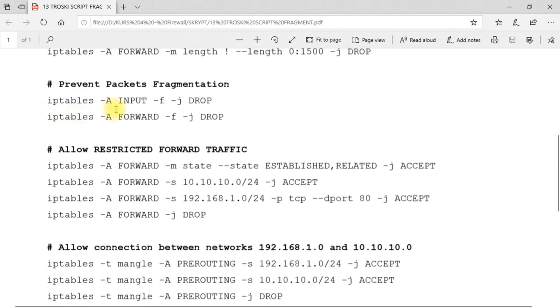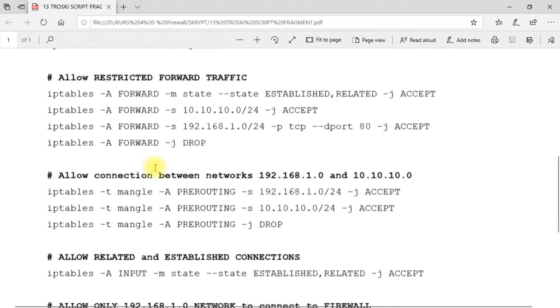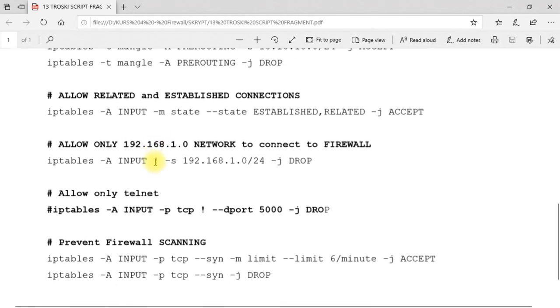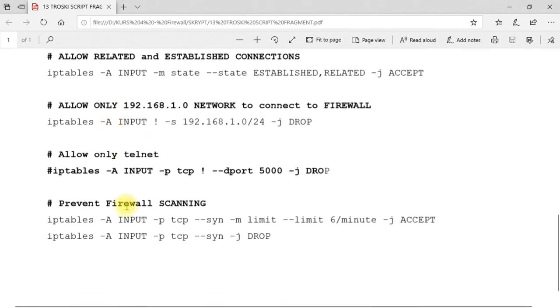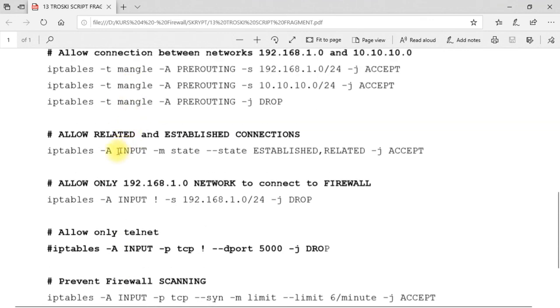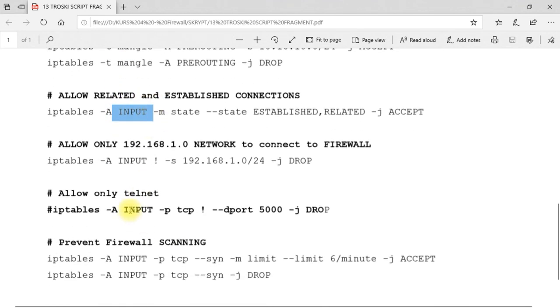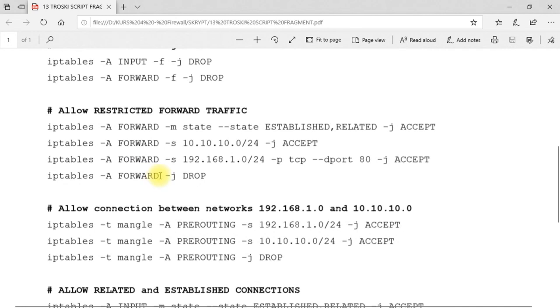Next we've got some other settings that I will tell you about in future. And next, like you see, again input chain, a little bit upper forward mangle. It looks like a complete mess.